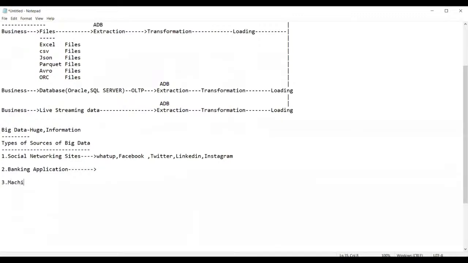Machine generated data. What do you mean by machine generated data, guys? The data which is generated by a machine. Suppose you have a CT scan machine, which scans the human body, or an MRI scan machine, or even ECG machines.